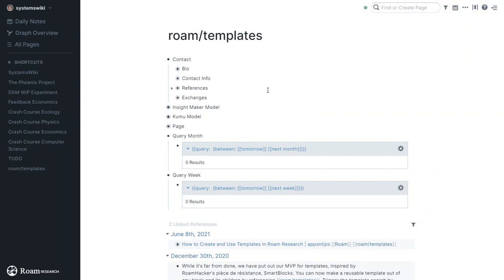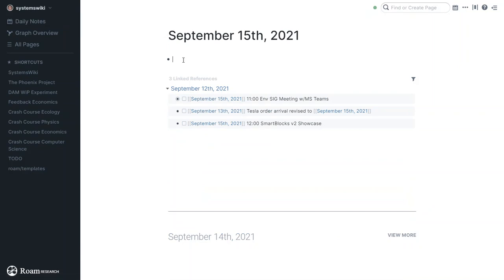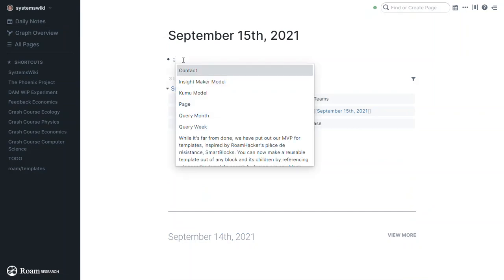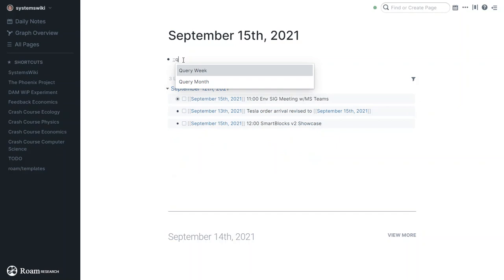So I finally figured out that if I do a query month saying query between tomorrow and next month, or a query week between tomorrow and next week, if I then am on my daily page and I go ahead and do semicolon, semicolon,